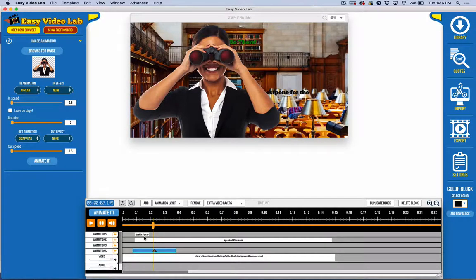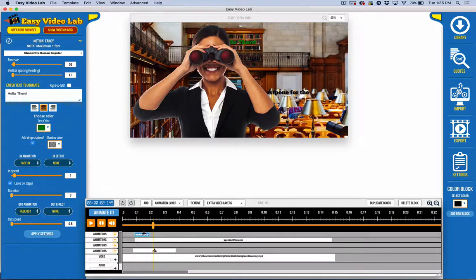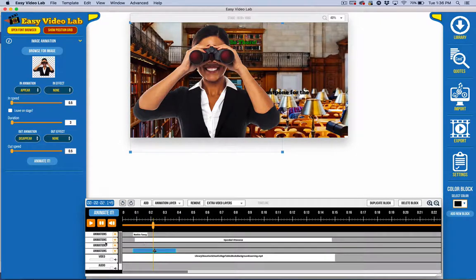So when you're working with specific blocks, you can move things around left and right if you want to. We actually have a snap to feature. When you have multiple blocks, you can snap them together. I'll cover that in a separate video. Notice also I have several animation layers, and I can actually drag options between the animation layers if I want to. Now notice here that this is, even though it appears below, it's below the text animations,